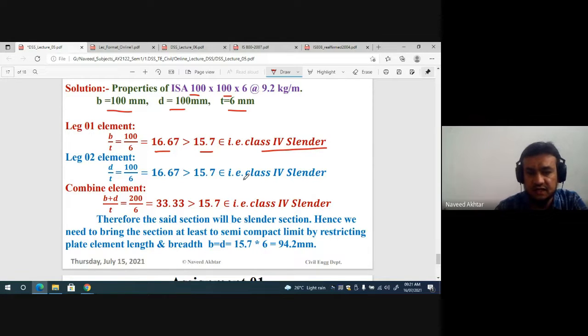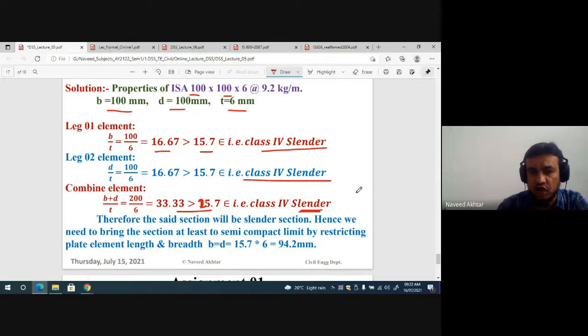Both elements are coming slender, and b plus d by t is also greater than 25.7 epsilon. When you add, it is above 25.7 epsilon. That is class 4. So here, because it is slender, we have to bring the section at least